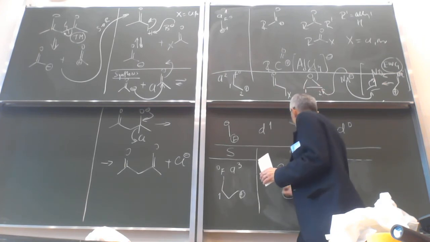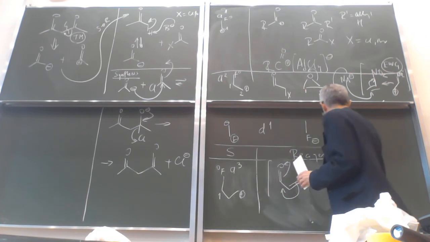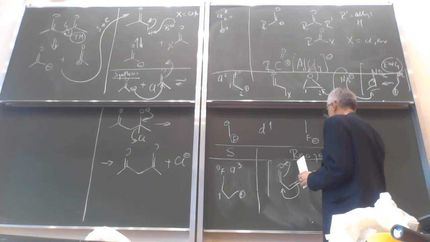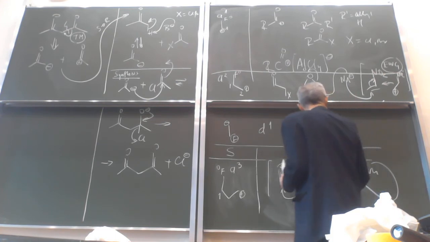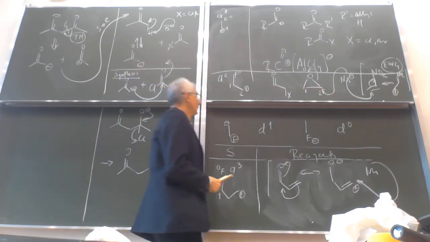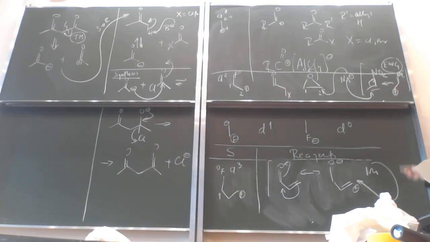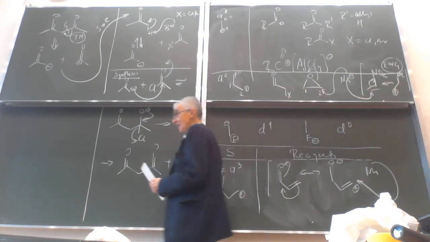So let's say we could then have such a mesomeric structure with a plus sign, and a nucleophile will attack this position. So it is the first very important reactivity and very important reagent having the A3, so acceptor-free